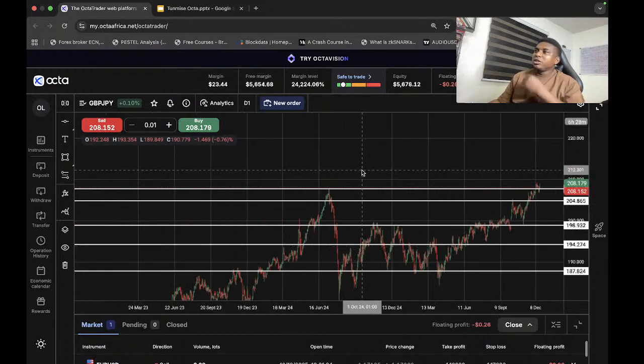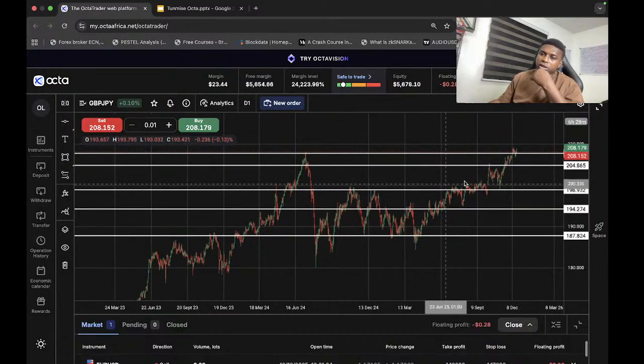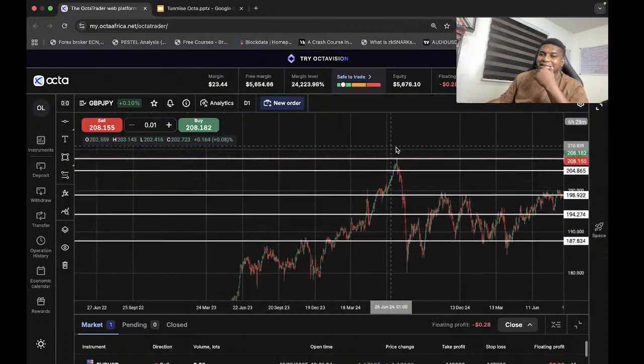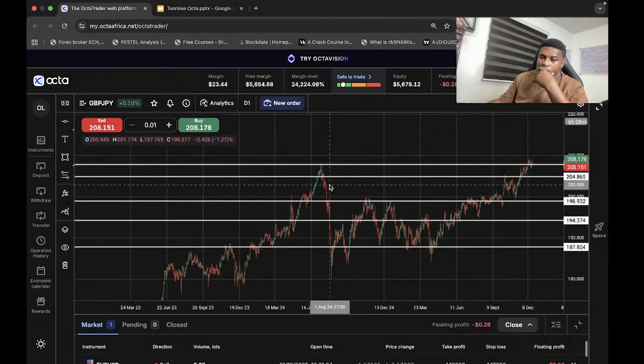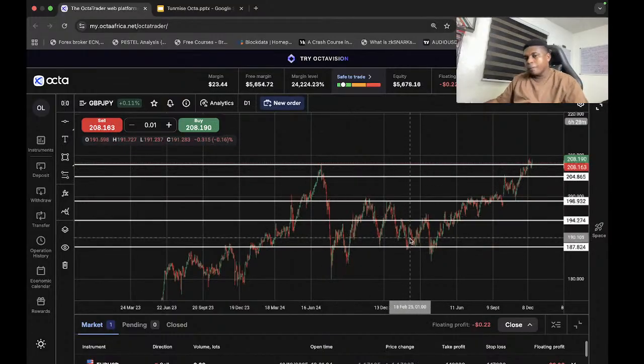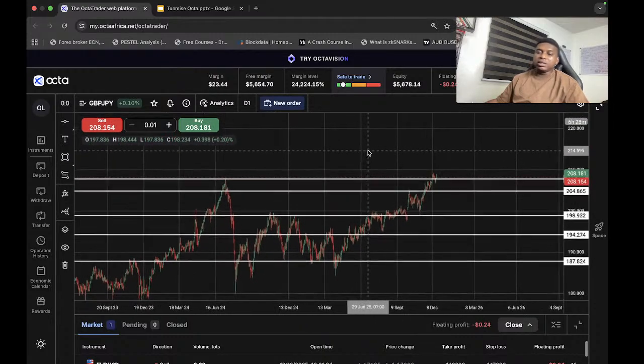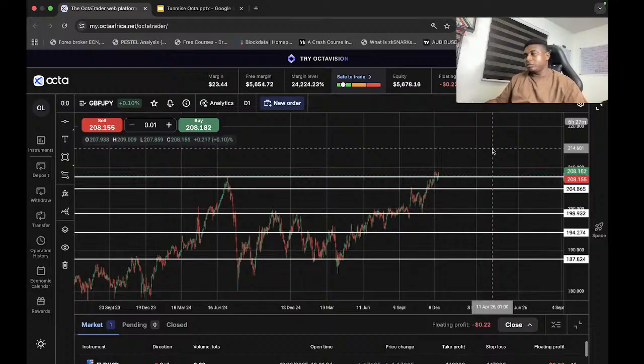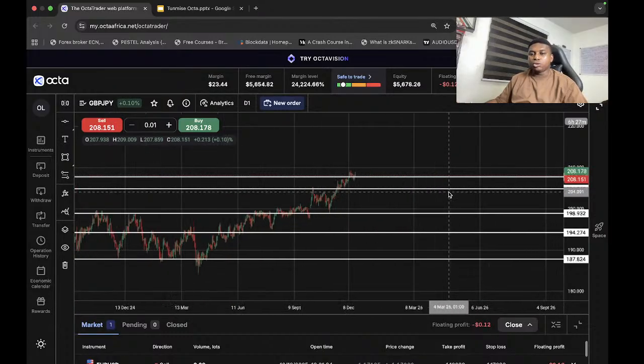So if you observe with me, you will discover that GBP JPY is currently at an all-time high, at a price it had never been at after July 2024. GBP JPY experienced a massive drop in price, but currently we can see that GBP has gained more strength against the yen, and is currently trading at 208. Okay, now let's zoom in from this level